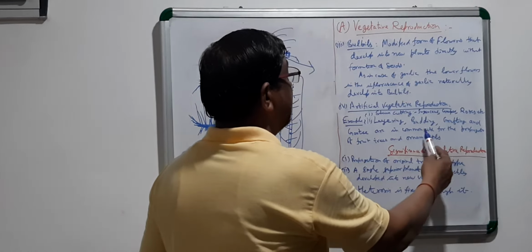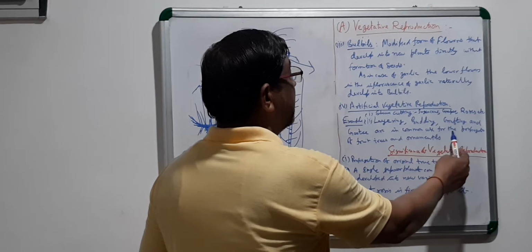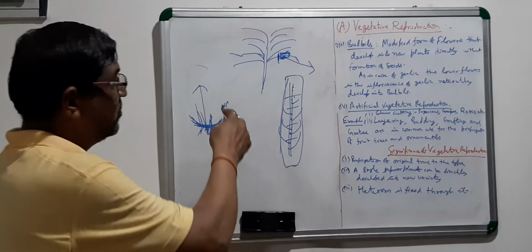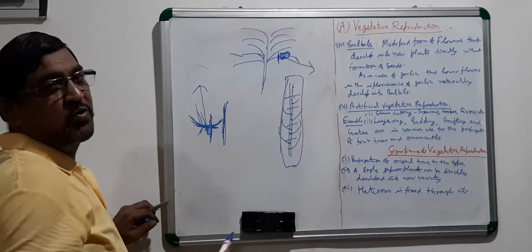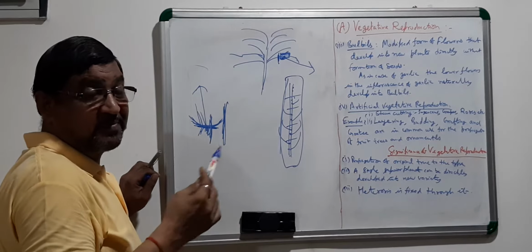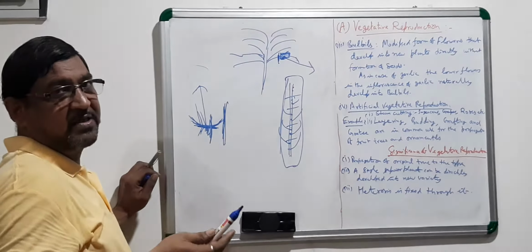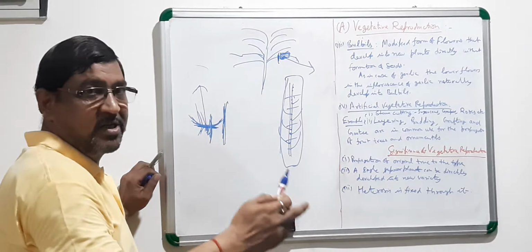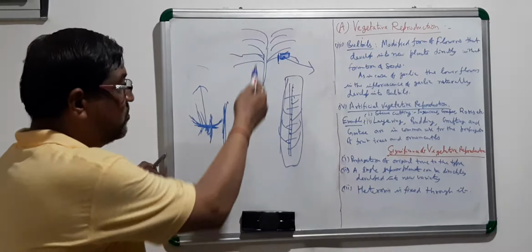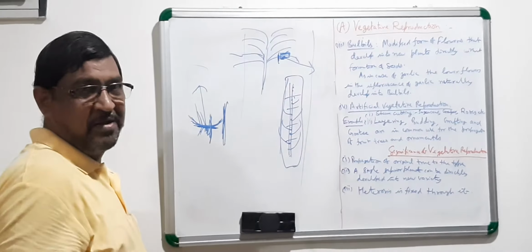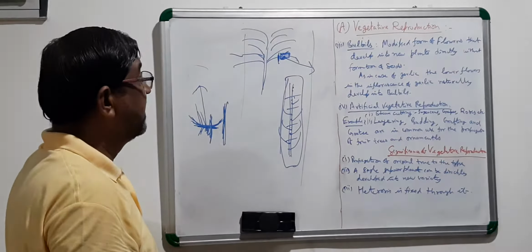These are commonly used for the propagation of fruit trees and ornamentals and others. So these are the artificial means where you are not getting it in natural condition. You are doing it as you know that this can be done in that particular species, crop species, you are using for propagating true to the type of the variety.